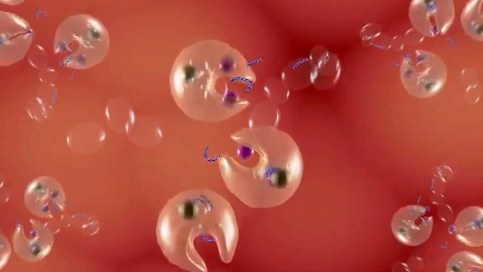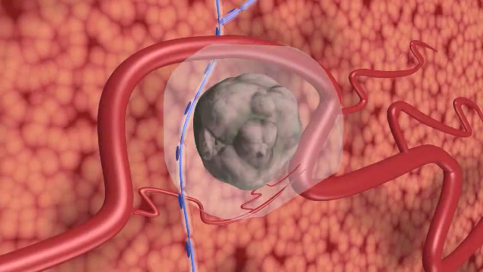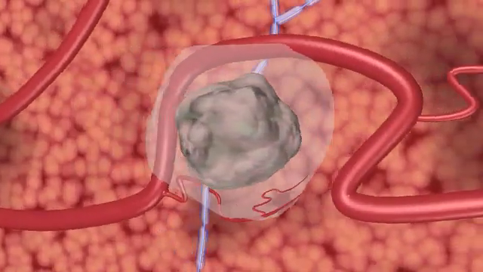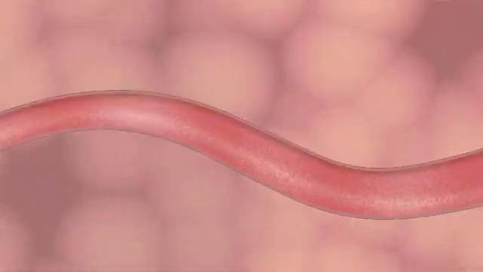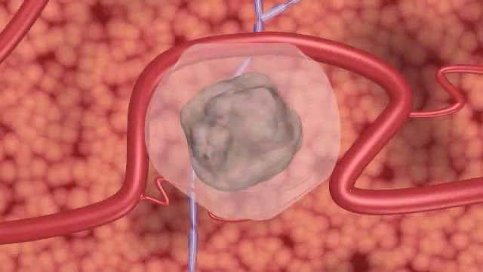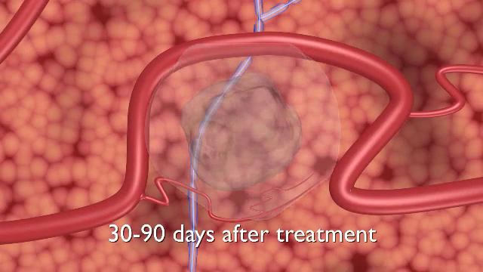The treated area heals naturally, much like a bruise. After the procedure, the treated area begins to resolve within hours. Doppler ultrasound imaging during Nanoknife ablation demonstrates the patency of blood vessels as small as 1 millimeter in diameter in the treated area. 30 to 90 days after a Nanoknife IRE system procedure, CT and ultrasound imaging reveal a mostly